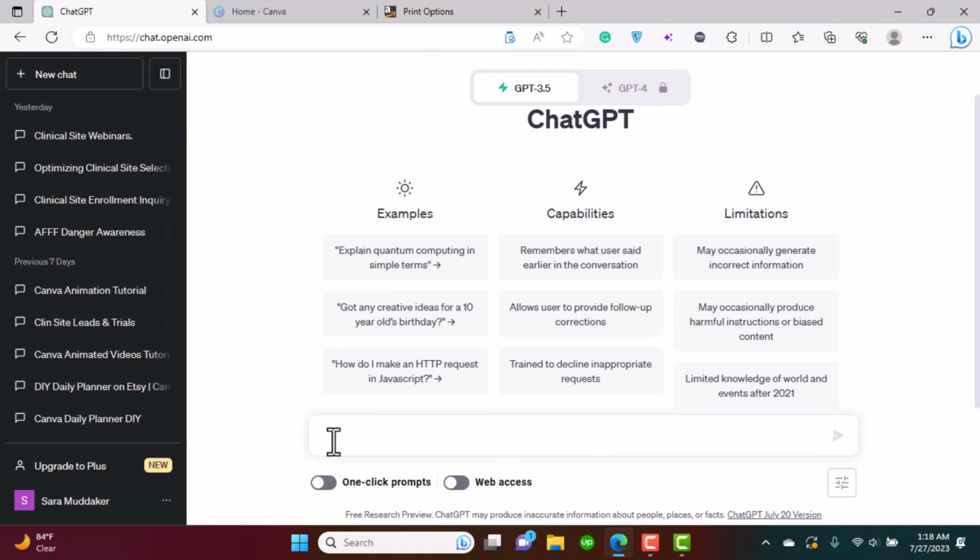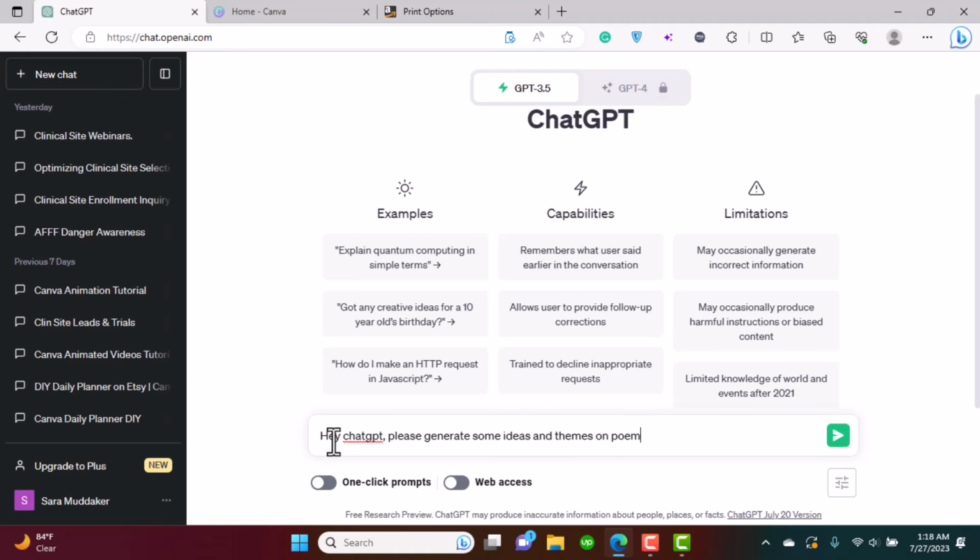We're going to give ChatGPT a prompt to generate ideas for the theme of poems that we can write on. So I'm just going to write this prompt: hey ChatGPT, please generate some ideas and themes